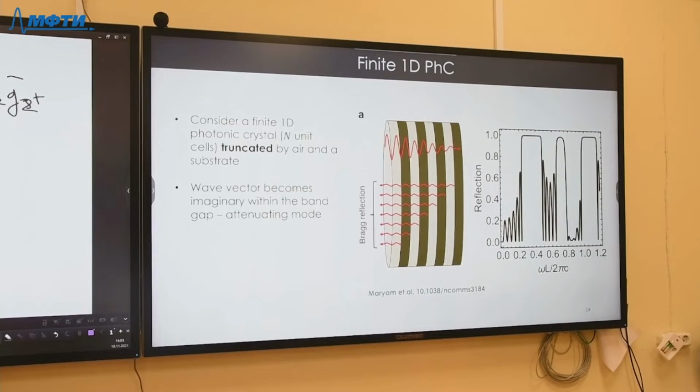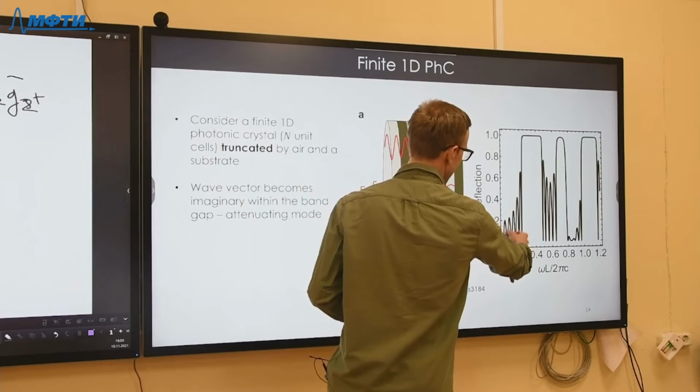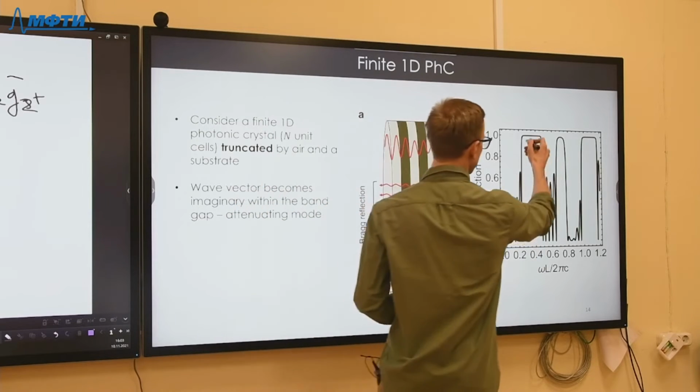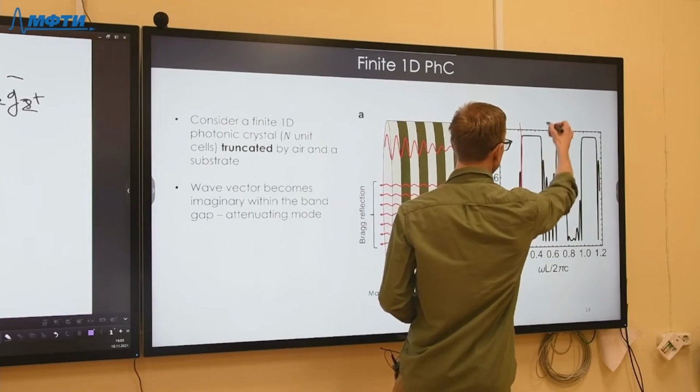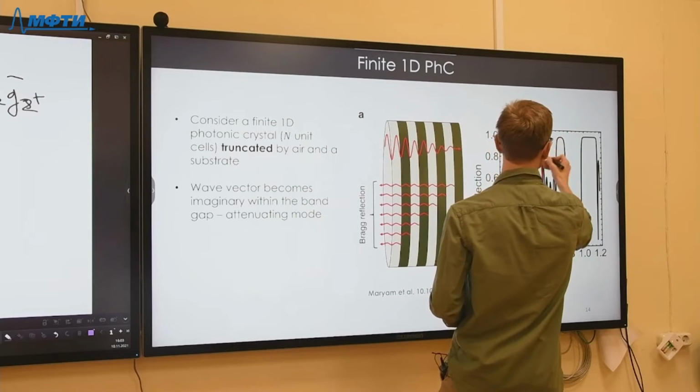Let's say our structure has, I know, n layers, and it has a left side and a right side. We are incident from the left side, and we are interested in reflection and transmission. Well, we can easily calculate the structure, again, using our beloved transfer matrix formalism. We can calculate reflection and transmission. This is a very simple exercise, and we're going to see, if we calculate reflection, that as long as we are outside the band gap at low frequencies, reflection goes back and forth, it oscillates, but then at the moment when we hit the band gap of our photonic crystal, reflection goes to near unity. This is near 1